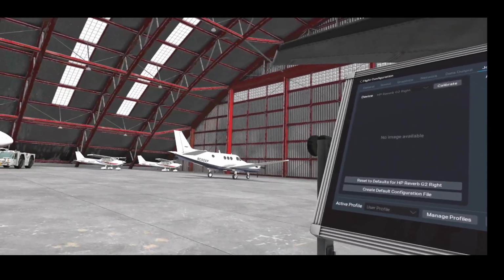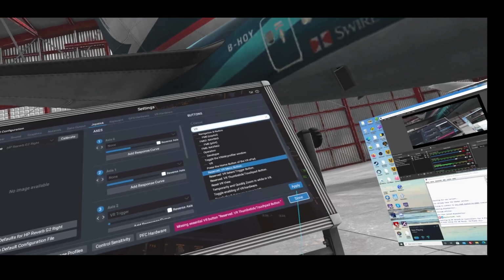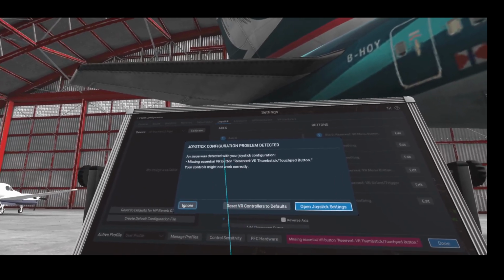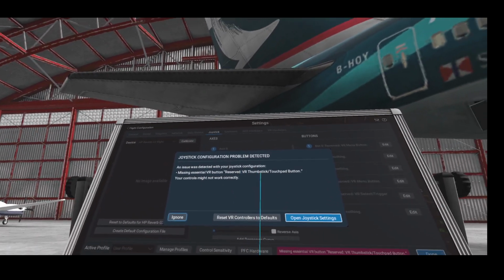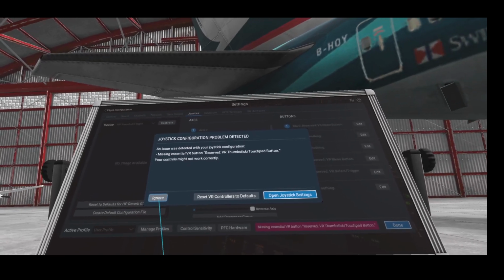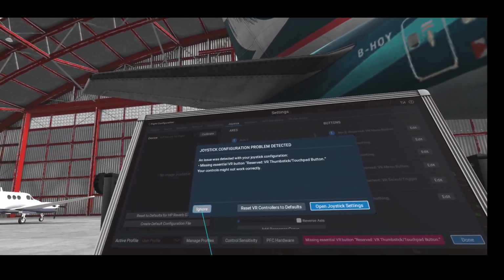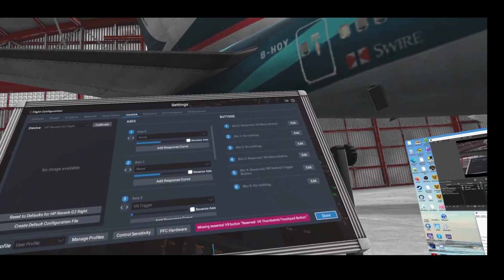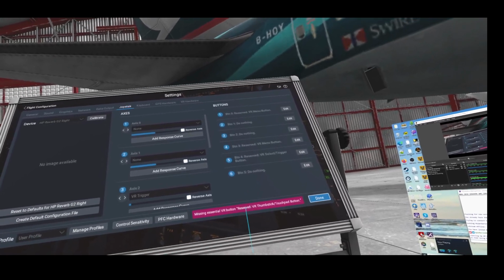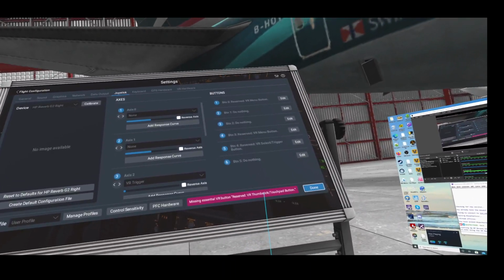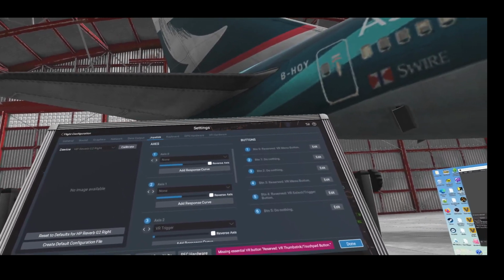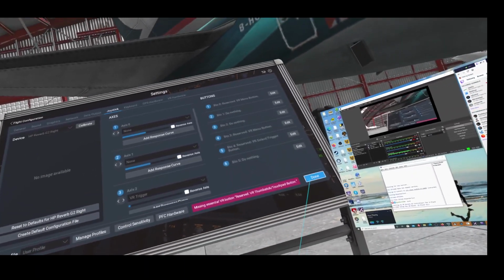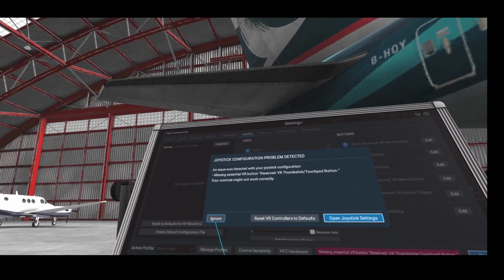That doesn't really seem to be essential, so I'm going to click on apply. Done. Here it says that, and basically that's true, because I'm going to click on ignore. Let me go back to the joystick. That is absolutely true, because nowhere do I have this Reverb VR thumbstick touchpad button mapped, because I want it where I have it. So I'm just going to click on done, ignore,